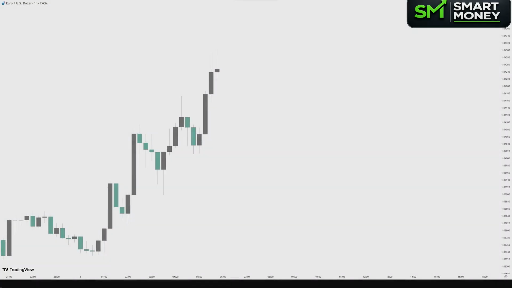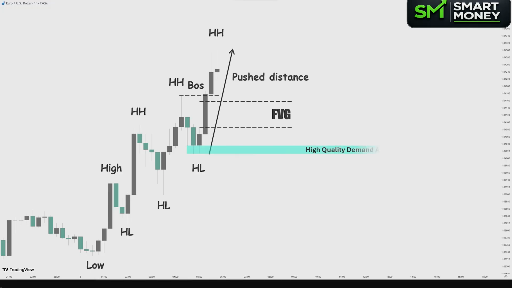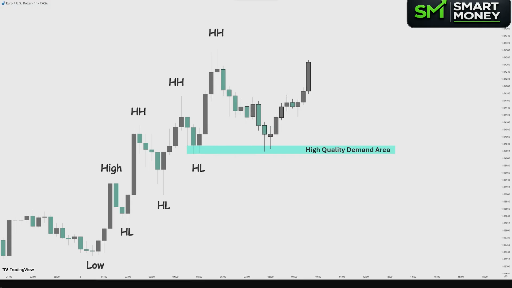For example, if we draw zigzag lines on the euro-dollar 1-hour chart, we can clearly see the highs and lows marked. The latest impulsive movement meets all the criteria for a high-quality demand zone. It has created a fair value gap, broken through the previous market structure, and pushed the price higher by a significant distance compared to earlier moves. Once the price retraces back to this zone, there is a higher probability that it will reject the area and